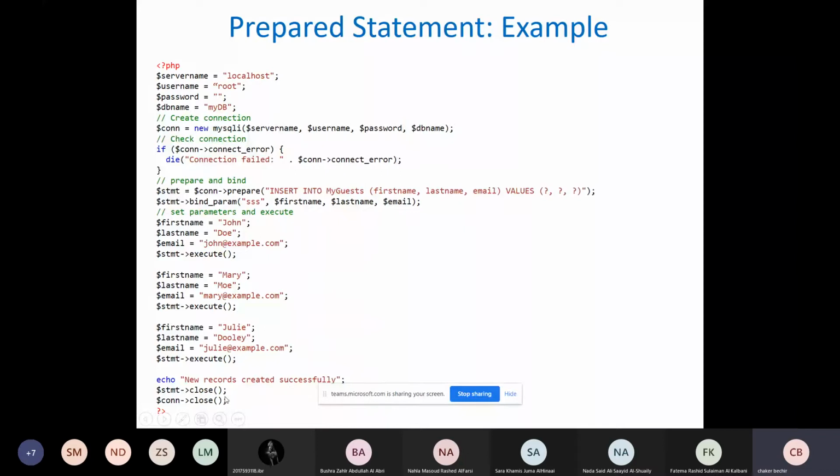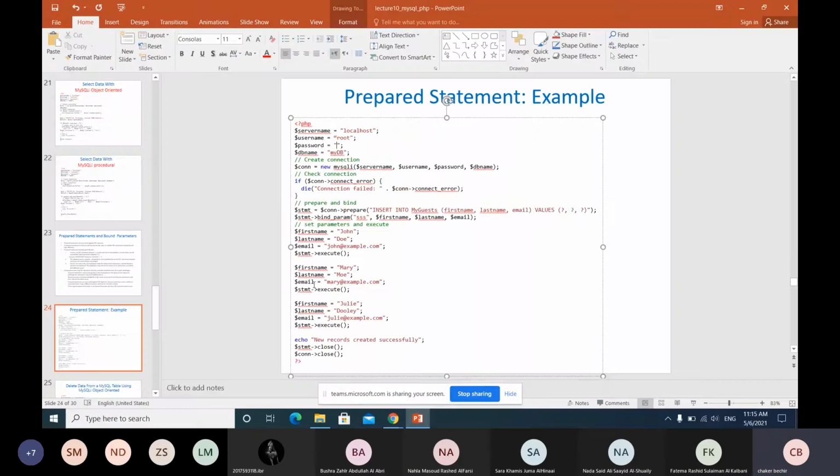Then I will close the connection and remove this prepared statement object. So $stmt->close, $con->close. Okay. Now let me